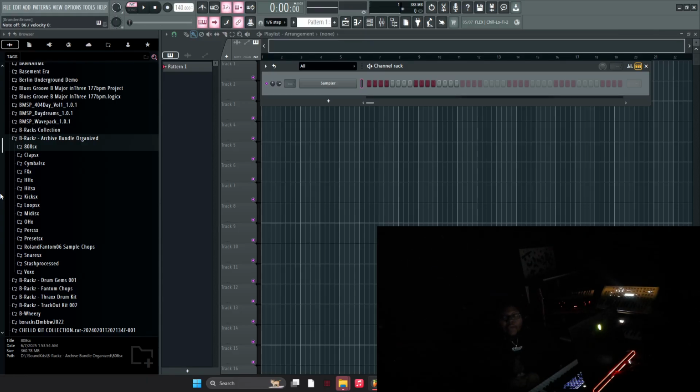All these kits basically went viral around the time. To the point where damn near every producer gets a pack of my drums. Any time you get loaded up by the sound plug, there's gonna be some sounds from B-Rackz in any kit. A lot of Launch 77 kits, he actually got a bunch of sounds. I don't even know how he got them, because some of these sounds I didn't even sell to the public, or I gave them to bigger producers who I wouldn't think would pass them around, but it still got around. So Launch 77, shout out him. He got a lot of sounds that I really don't know how he got,